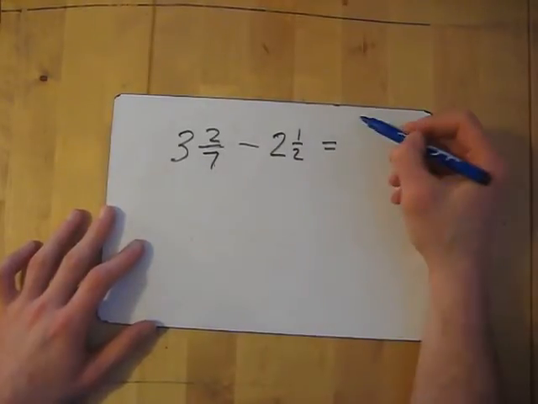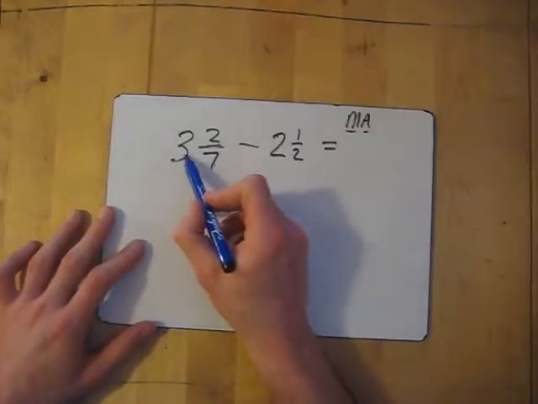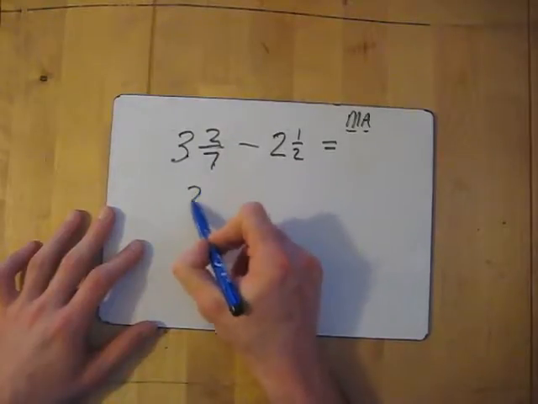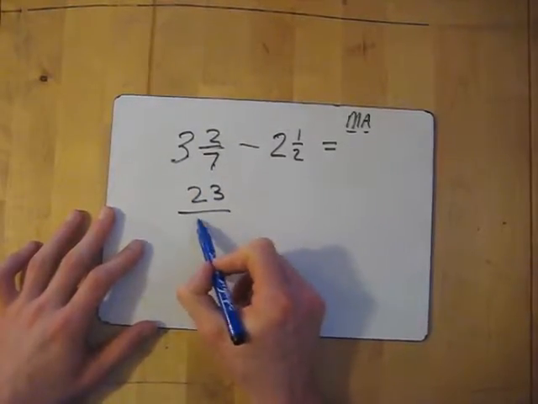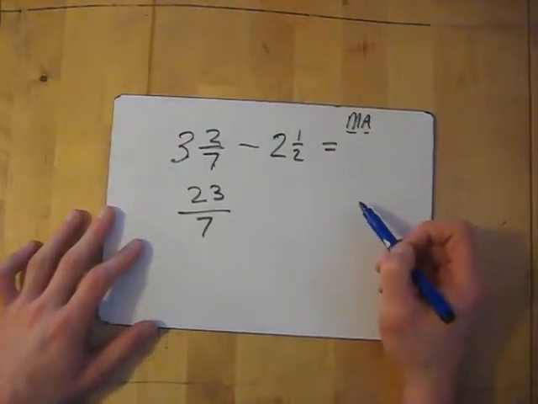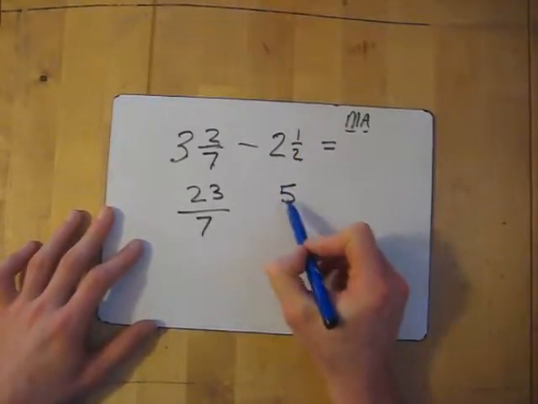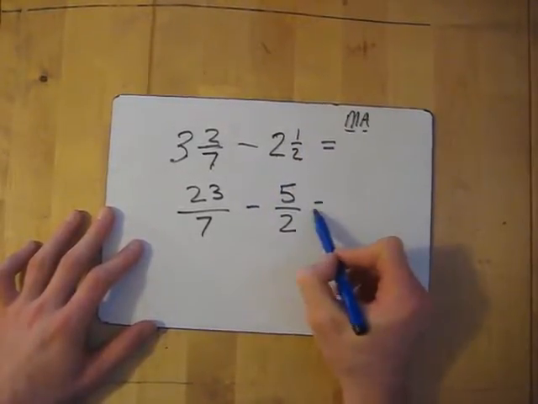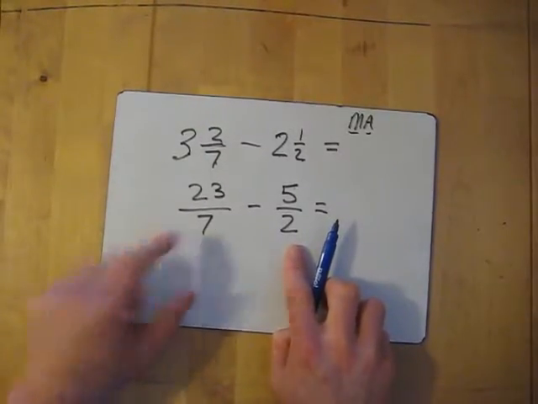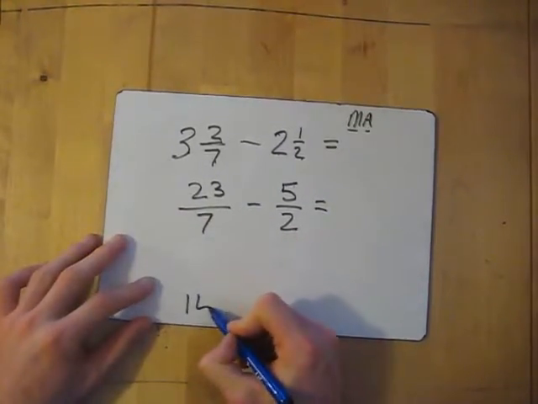So first things first, convert our mixed numbers into improper fractions, multiply and add. So we do 3 times 7, which is 21, plus 2, which is 23. So now we've got our improper fraction. To convert this one into an improper fraction, 2 times 2 is 4, then add the 1 gives me 5, so 5 over 2. Now we need to find our common multiple between the 7 and the 2. So think of the 7 times tables. 7 obviously doesn't work. 14 works for both, so we're going to convert them both into